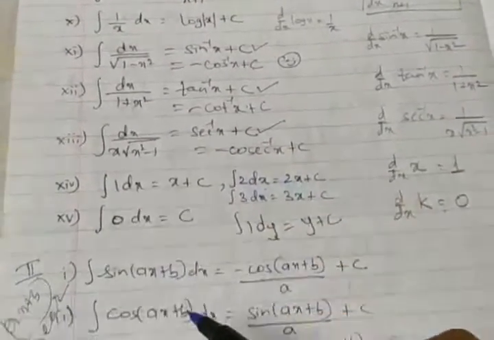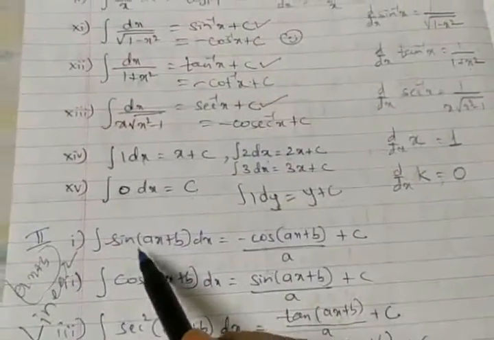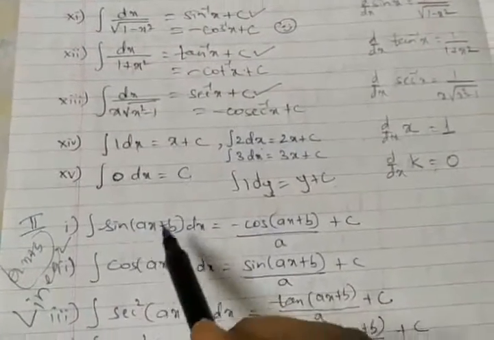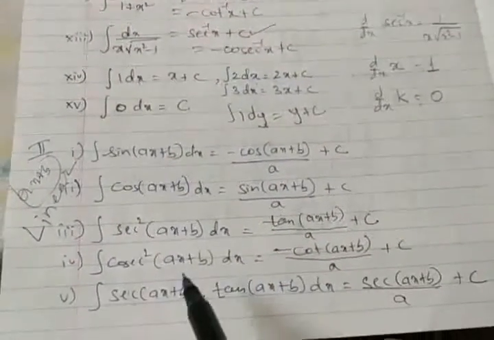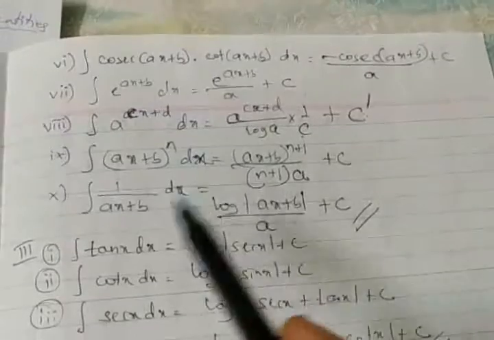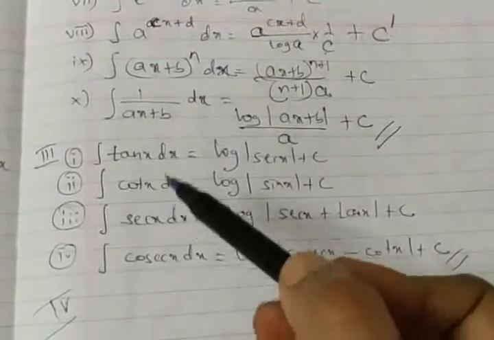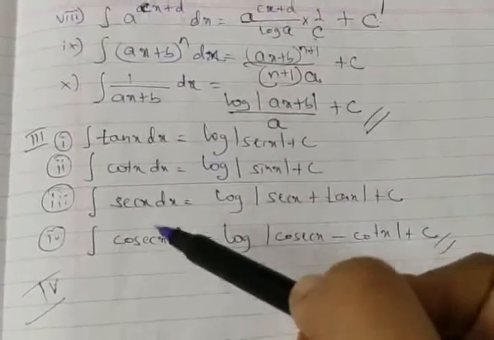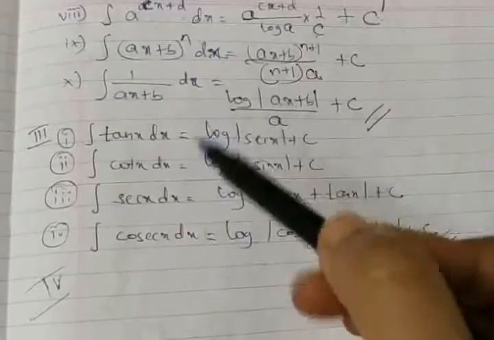Along with these, I asked you the same result for sin x in terms of the linear form, sin of ax plus b. All these terms I had asked you to write and keep this paper ready, isn't it? I hope this paper is ready with you now. Integration of tan and cot we have done, and secant x and cosecant x we have done based on the substitution method.